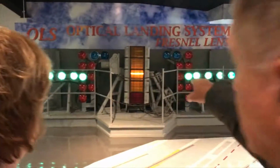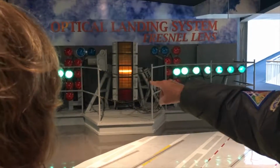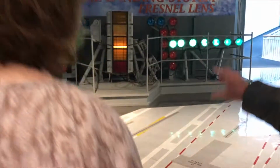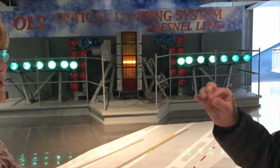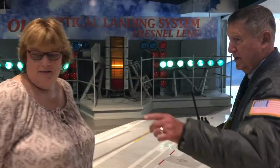So there, and again, we still call this a meatball because that's what it's always been called. All right. So I'm going to keep that ball centered between those green datum lights. And again, you'll notice if you bend down that light goes low. So each of those cells is putting a beam up to you, and it's on a 3.5 degree glide slope. So if you stay on that glide slope, if you keep that ball in the center, you will touch down